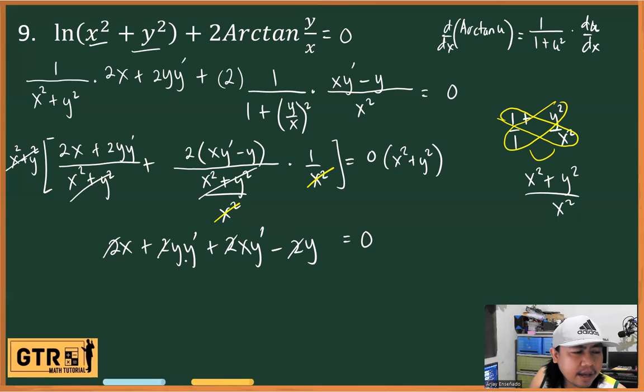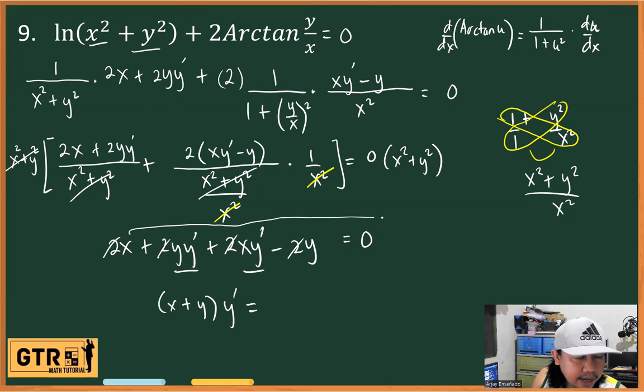Okay, and now we're going to combine the y prime. So we have y prime, combine, and at the same time, factor out y prime. We have x plus y y prime equals, put the other terms in